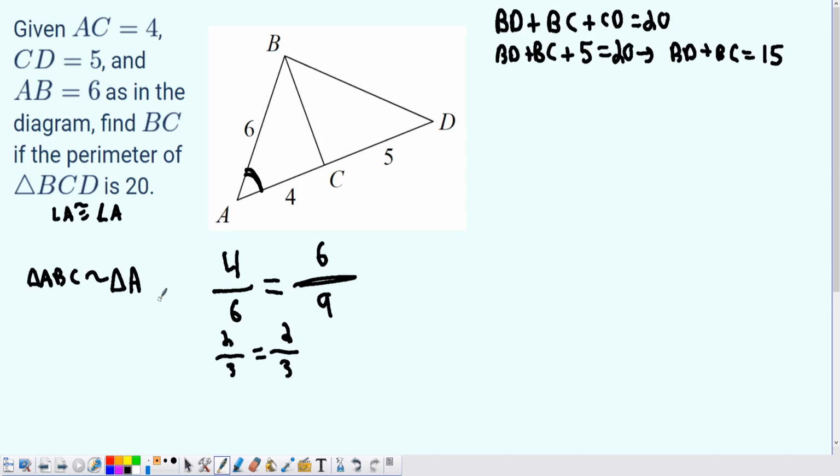We want to compare that to the larger side of the other triangle, ABD, the larger side being AD. And then we would put the B. That has to make sense because, again, 6 is the larger side of ABC and 9 is the larger side of ADB. So now that we know that this is similar due to side-angle-side similarity,